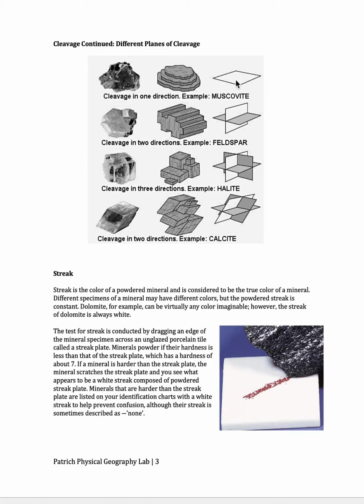So muscovite mica has one plane. What does that mean when we use the phrase plane? It means sets of sides. So if it has two sides, like a top and a bottom, then it has one direction. If it has, as an example, 2 directions, then it must have 4 sides. Or if it has 3 directions, it must have 6 sides. So look at that square. You can count there are 6 sides to a square, which means it has 3 planes of cleavage.